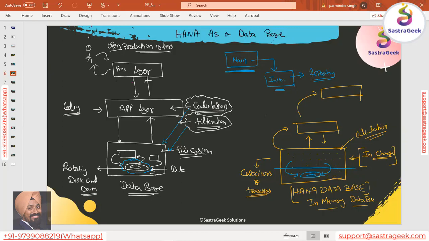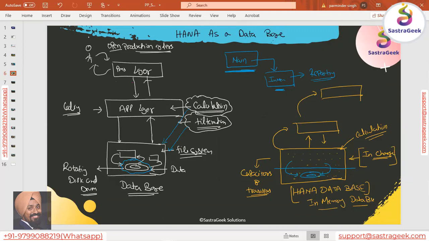So the HANA database system is a combination of your traditional database layer, called your form layer, and on top of that an in-memory database layer. It's a combination of two kinds of databases merged together to make the HANA database system faster for reporting and for transactions also.